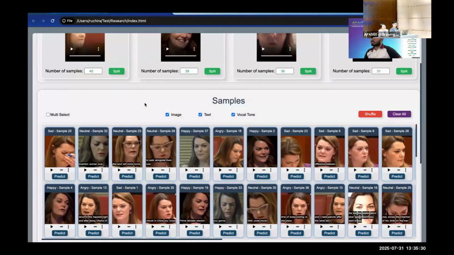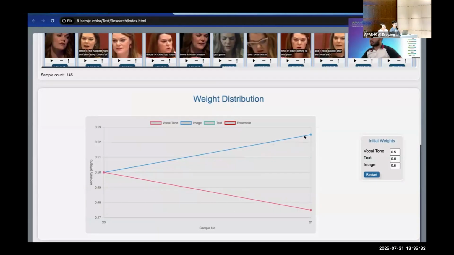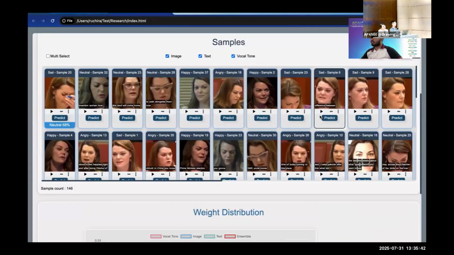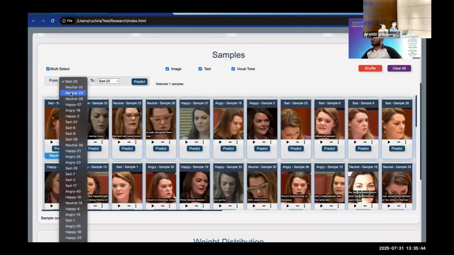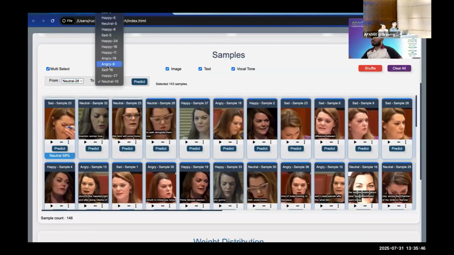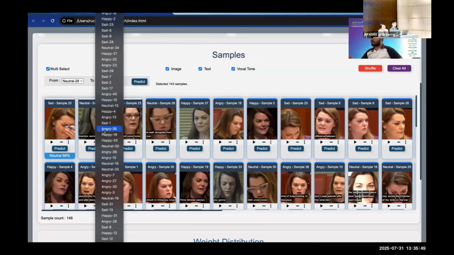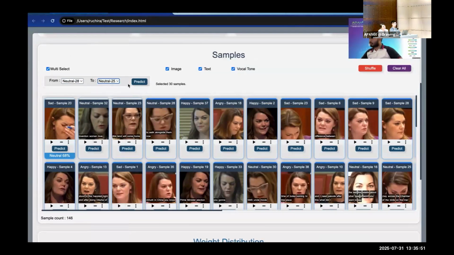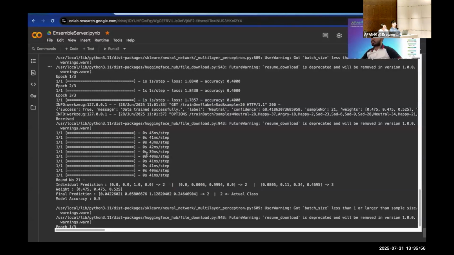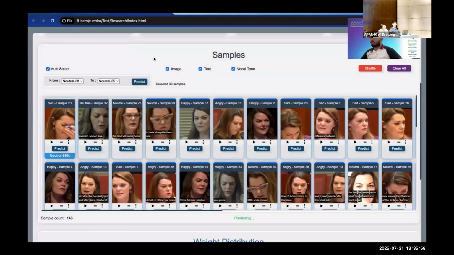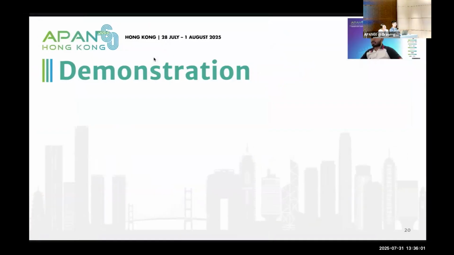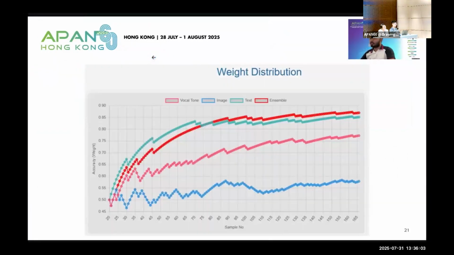Down here, you can see after the read sample is predicted, you will see 4 lines. 3 lines show the accuracy of the 3 modalities, and the 4th line will show the prediction of the ensemble model as well. It takes some time, so I'm going to send multiple data samples in one go. It will predict one after the other, and then it will use one after the other for learning as well. So I clicked on this predict button, and in the backend you can see it started the prediction. Until then, I will show you a few graphs I have already drawn using the same process. So these are the sample graphs.